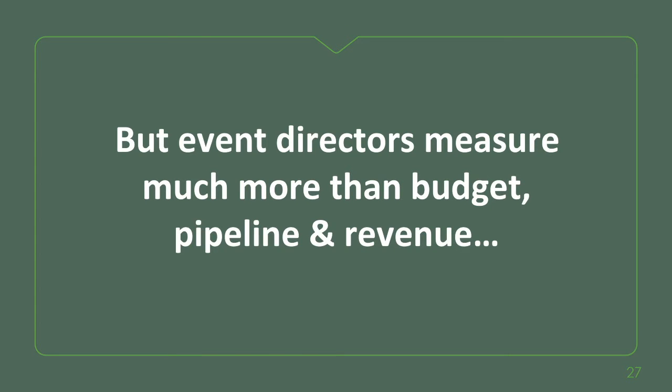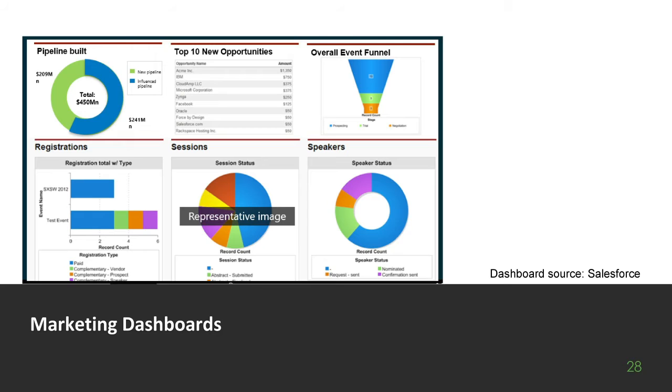So going even further into what the event directors and marketing directors are going to be measuring, it's more than just budget and pipeline and revenue. It is important for them to have an entire overview of what's going on with the funnel, the marketing funnel and the event funnel. There are tools like within Salesforce, you're able to see how much pipeline has been built for the quarter. And you can see that overall, where is it coming in from? For a specific event, you might be able to see the number of registrations, the number of sessions people went to. And that's very important if you're running a single global event and you can get all of that information on that one. But what's even more important is tying that to your overall portfolio.